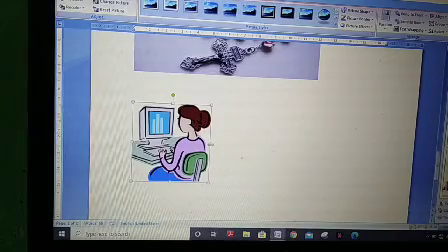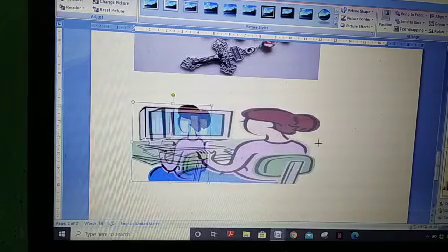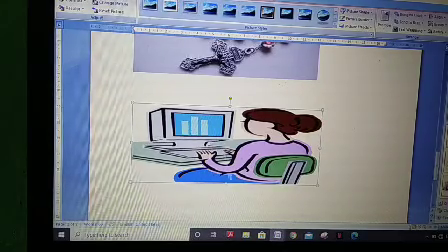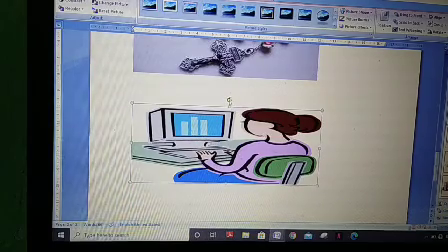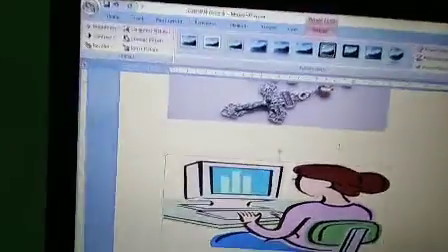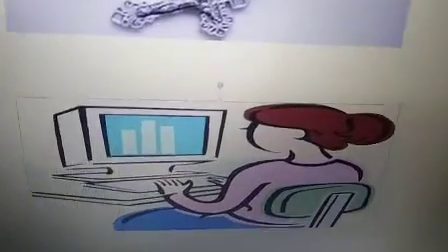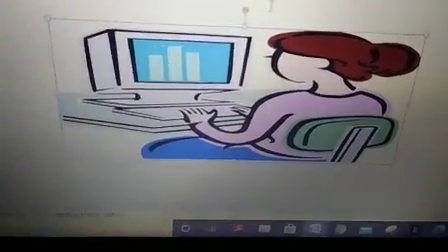Here also there are resizing handles. The picture can be resized, and it can be rotated. There is a green circle point. When you bring the pointer over this point, a circular arrow comes. Now what you have to do is drag the mouse.